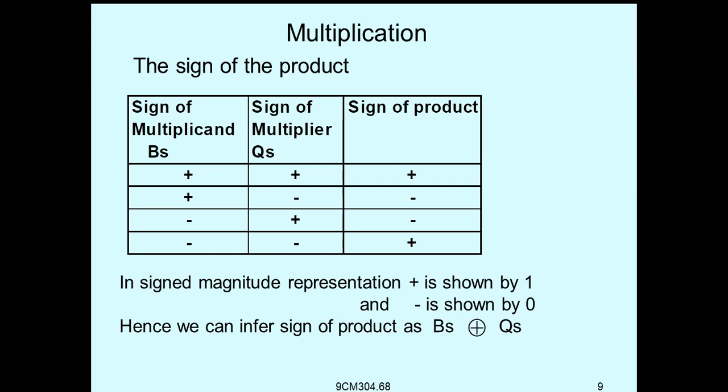Sign bit is nothing but 1 when they differ. If both are the same, 0 0 is 0, 1 1 is 0, and 0 1 is nothing but 1, 1 0 is nothing but 1. Like this, we'll decide the sign bit of the final product.